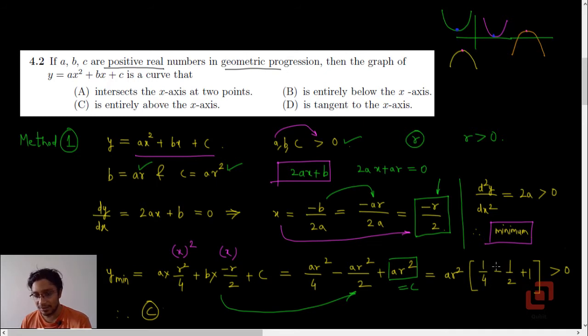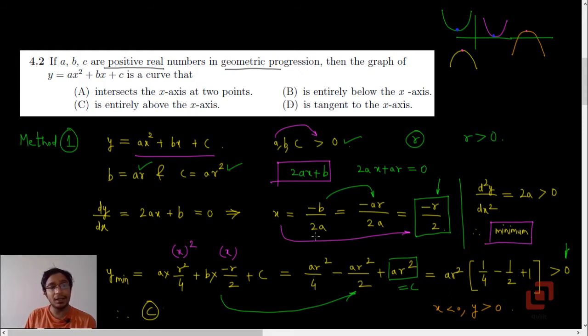Now clearly this bracket is positive, because 1 minus 1 upon 2 itself is positive, and if we add 1 upon 4 to it, it will not change its sign. So what is y min? The minimum point is somewhere in the second quadrant, isn't it? Because the x coordinate is negative, but the y coordinate is positive.